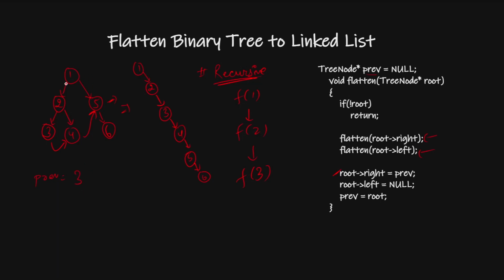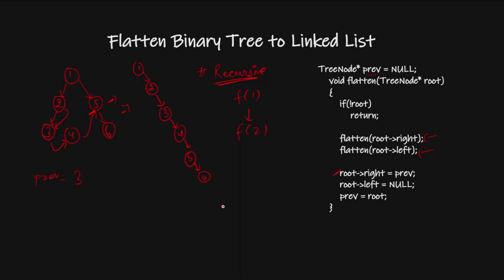So you can see how my tree is looking. Now what do I have to do actually? I have to break this link, and make this right point to 3. So f3 is done. So we can say f2's right is done, left is done. Now for this f2, what do we have to do? Root's right should point to previous. So this root's right, which is pointing to 4, will point to 3. Now it will point to 3.